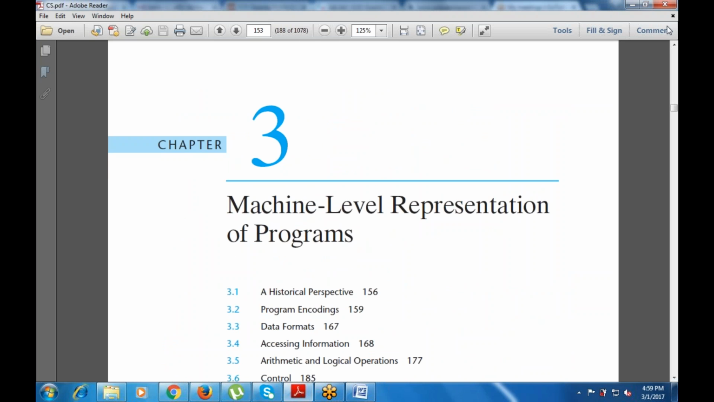So in the next class, tomorrow's class, I'm going to take chapter number 3: the machine level representation of programs, or how we can represent programs at the machine level. So till now, till chapter number 2, any doubts, anyone? So if there's any